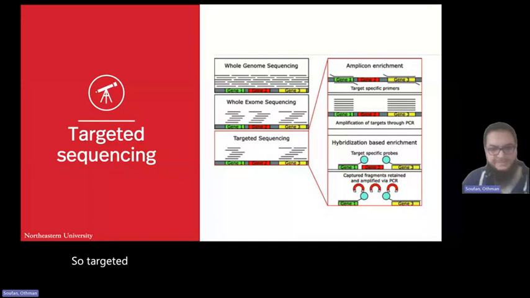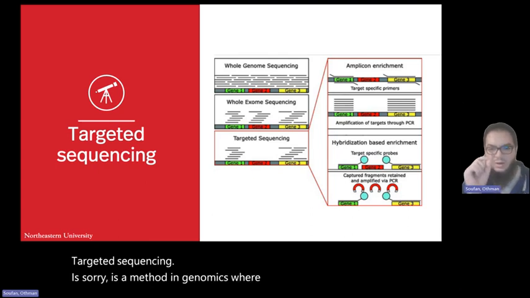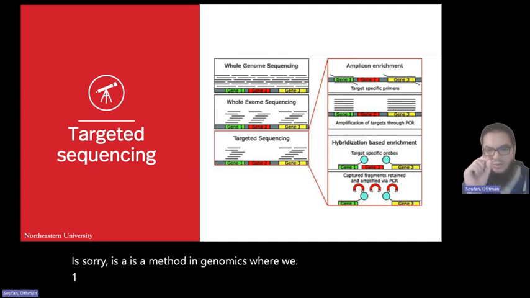So targeted sequencing. Targeted sequencing is a method in genomics where we want to look into specific subset of DNA or RNA regions